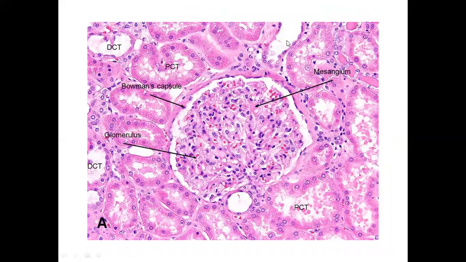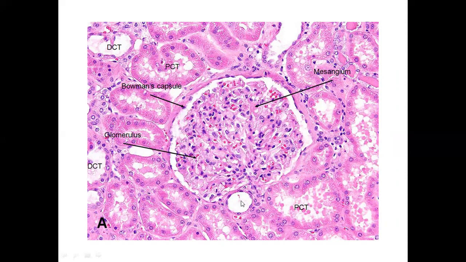Again, a very good H&E stained slide where the renal corpuscle is quite magnified. You can look at this glomerulus, the tuft of capillaries surrounded by a space which is the capsular space, and then the outer part of the Bowman capsule which is lined by simple squamous epithelial cells is the parietal layer of Bowman capsule. The visceral layer is made up of podocytes which are present and covering this glomerulus tuft inside.